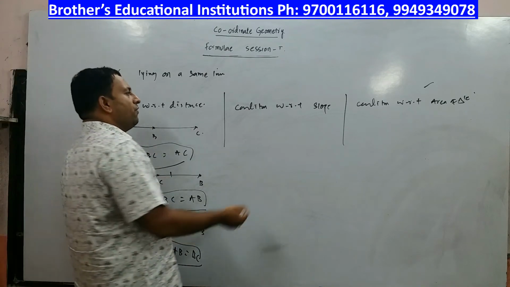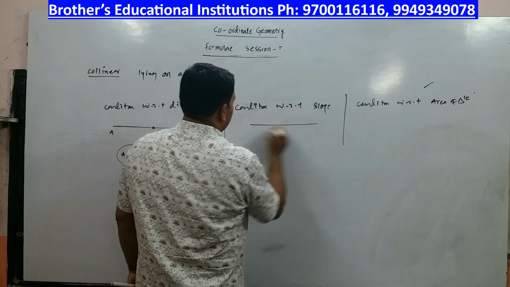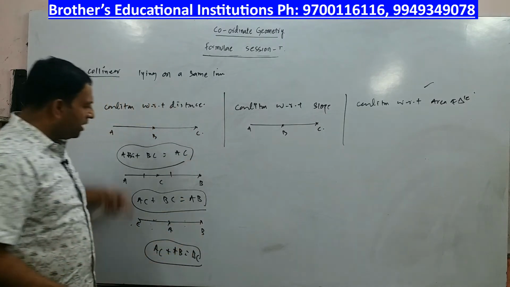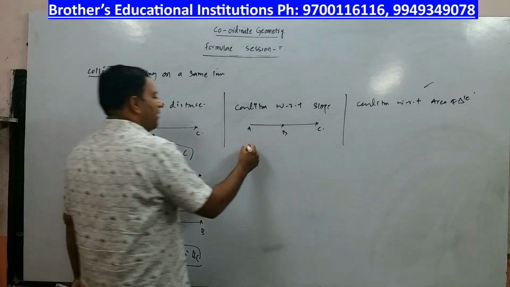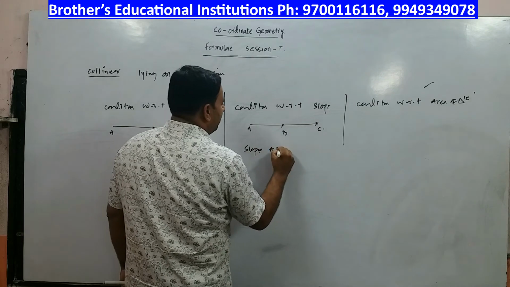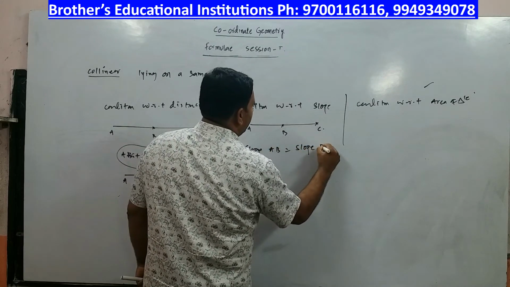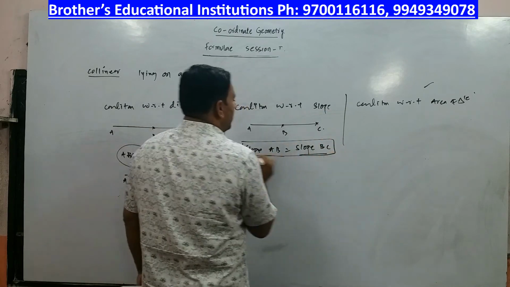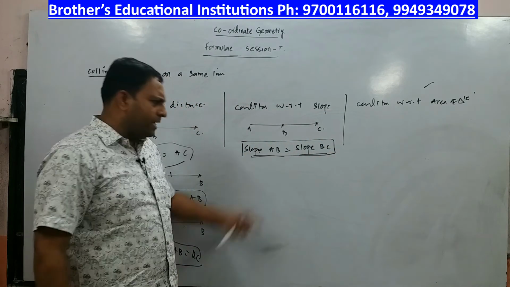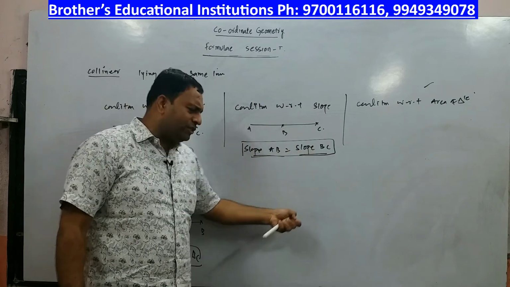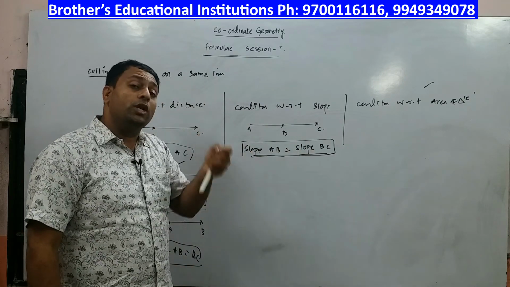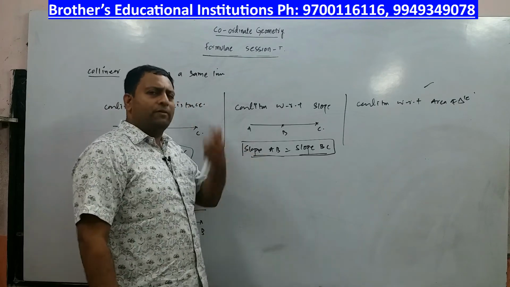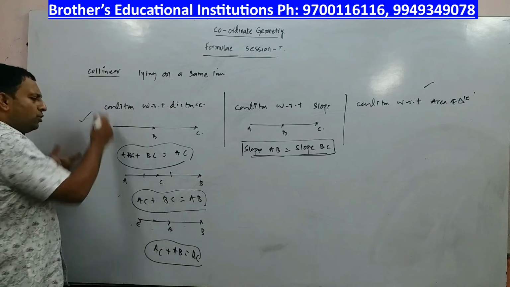Try to understand. Now if I say condition with respect to slope, I have a line here, A, B and C. Now this is something which is related to order of the points. But here I will simply say slope of AB is equal to slope of BC. Whenever slope of AB is equal to slope of BC, always you can declare that the points are collinear. This one condition is a powerful condition and sufficient for us to say that the given points are collinear. So in 11th standard, I generally apply this formula. But when you go to 10th standard, I'll ask children to do with this formula.